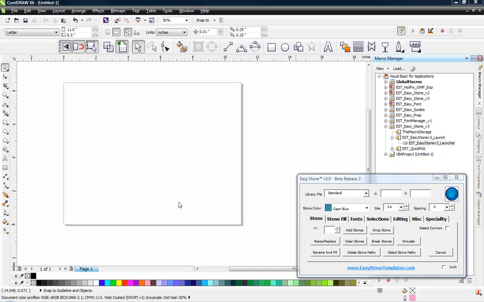In this video, we're going to be showing you a new function that we added to EasyStone 3. And this function is only available in the latest beta release, which is version 2. So if you have EasyStone version 3 open and it doesn't say beta release 2, then you know you don't have the most current beta release. So make sure you download the most current one from the website. Just go to our store and click on the freebie section, and there you'll find the demo for EasyStone version